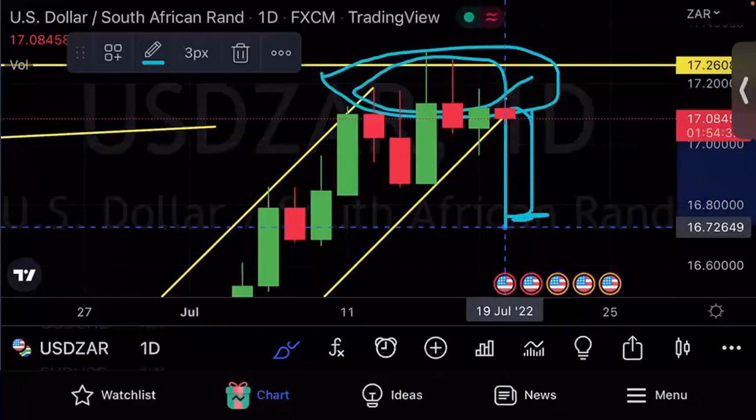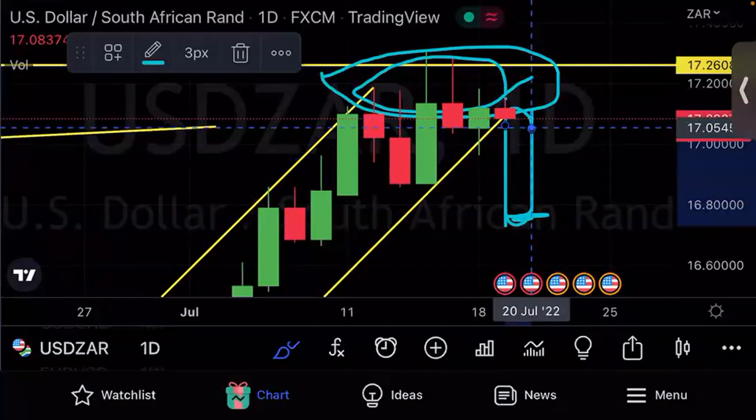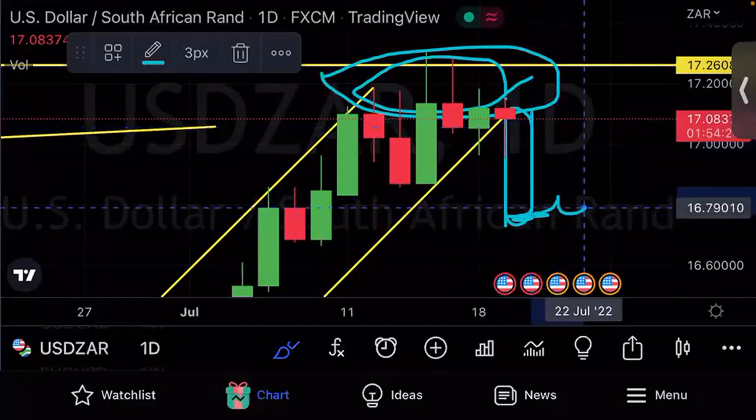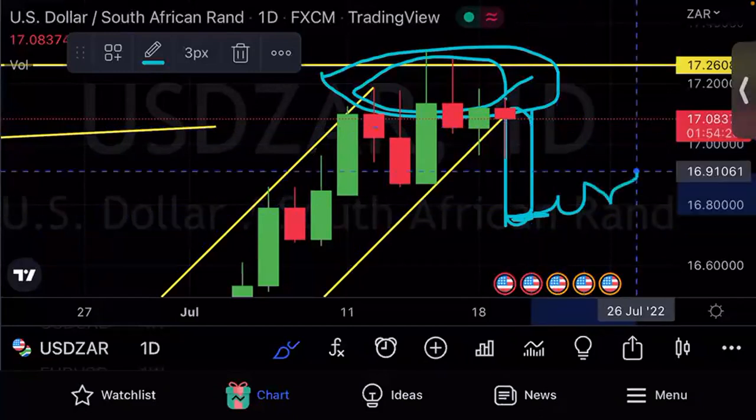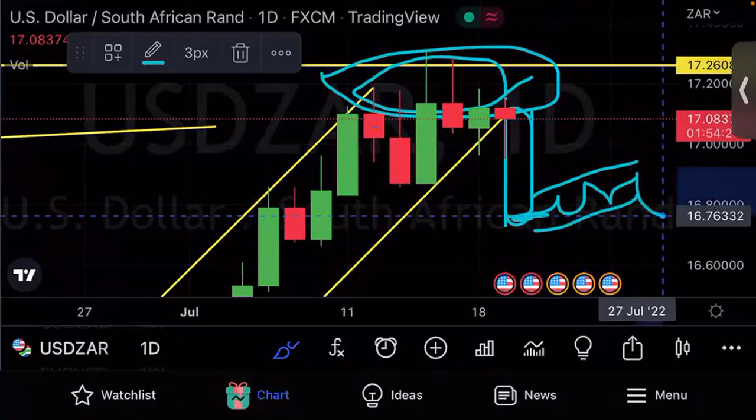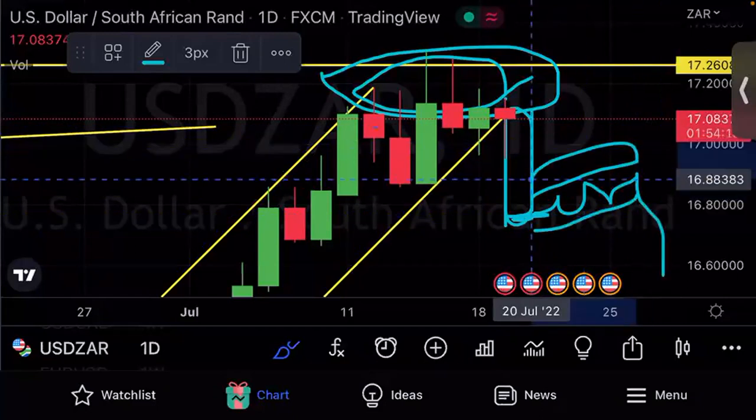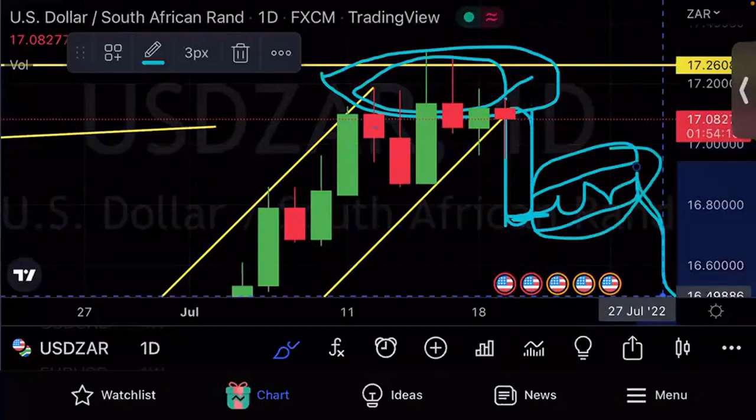So I'm looking for this price close. And what next? Obvious. After that, we start looking for continuation patterns. We take continuation patterns, we push to the downside. I'm looking for these patterns pushing to the downside. As simple as that, guys. So it's all about understanding the nature of the market, how price is moving, right? So today, I think I will end here because I only wanted you guys to see the nature of price.